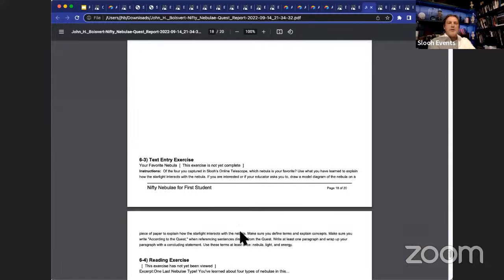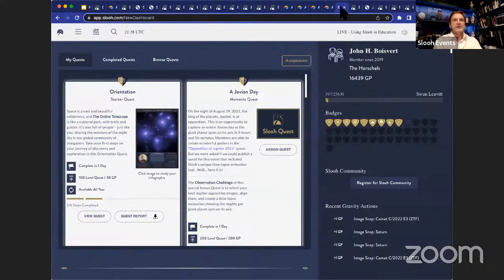John, we're talking about monitoring students' work, and this is going to be great, probably for small classrooms. But one thing I'll throw into the hat here, which may be good for people in higher ed. We see a lot of our university and college users now, where the professor can't go into a system like this or even request, send me your PDF report, send me your Slooh quest. They just don't have time to do that.